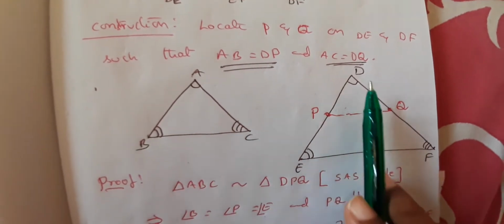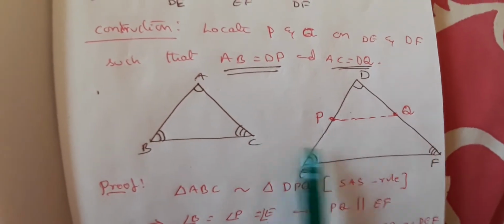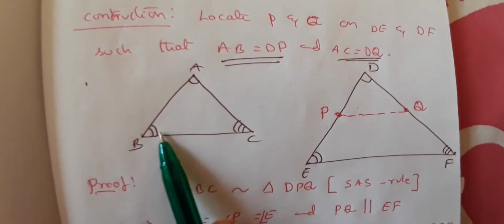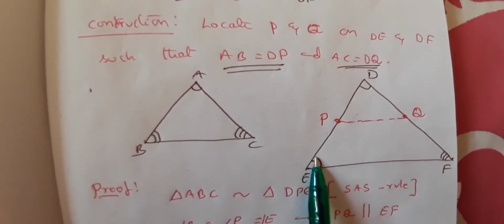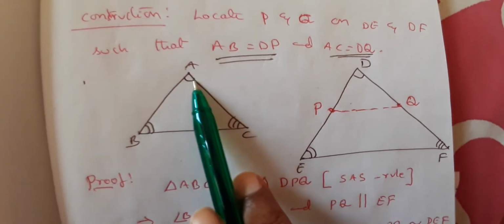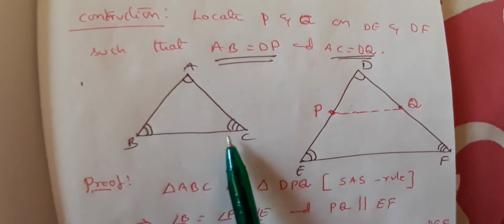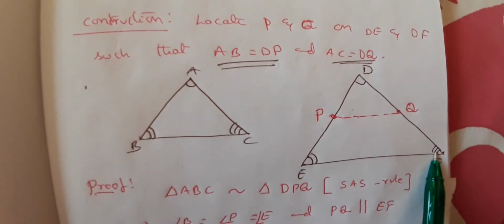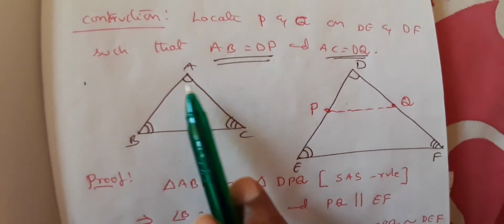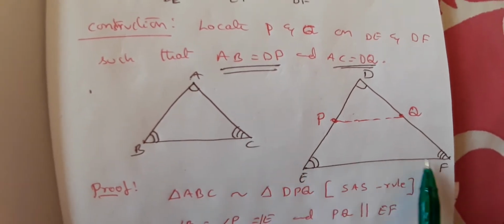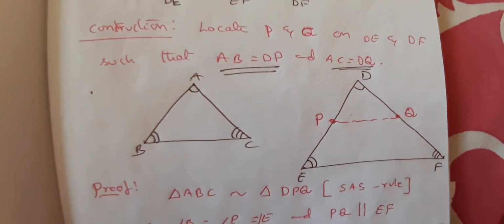ABC, DEF. So angle A is equal to angle D. Can you see that? Angle B is equal to angle E. So see here, one curve representing the angle, here 2, so here also 2, here 3, the corresponding angle F. So now angle A is equal to angle D, angle B is equal to angle E, and angle C is equal to angle F. This is what is given, right?